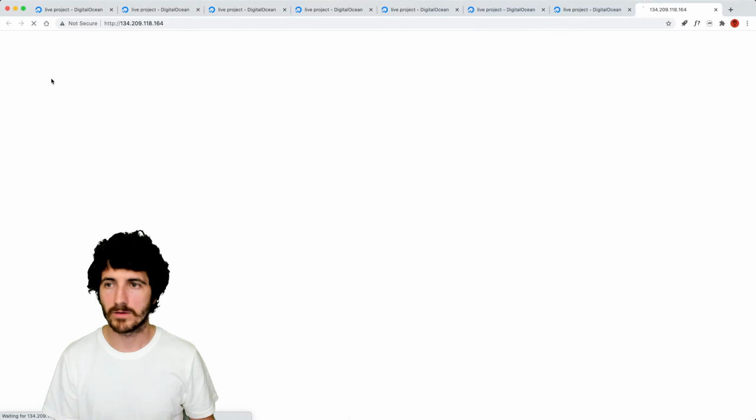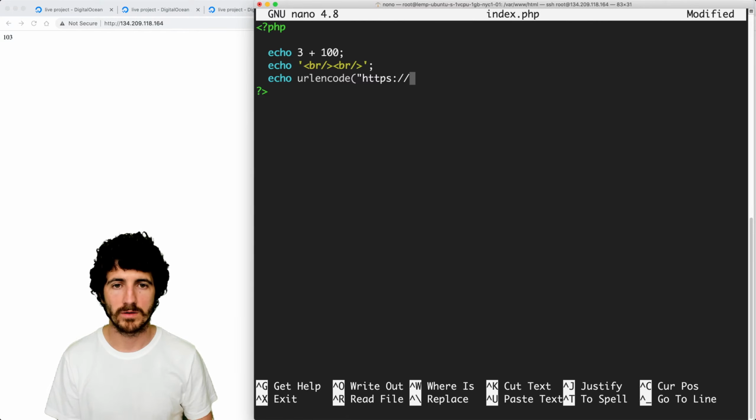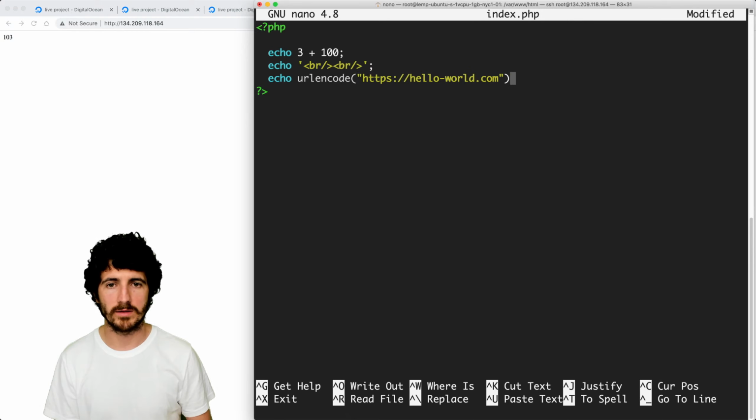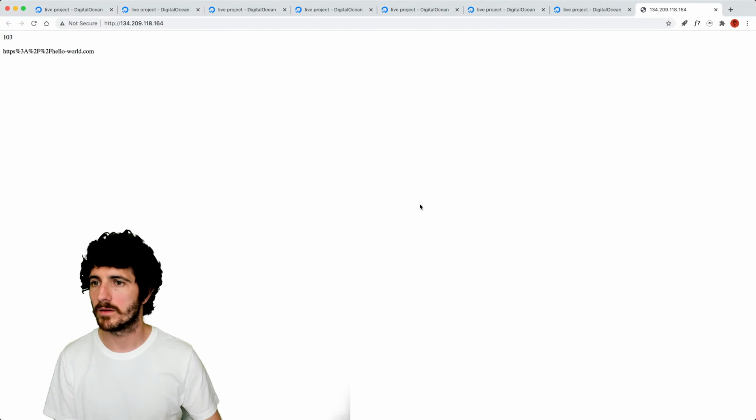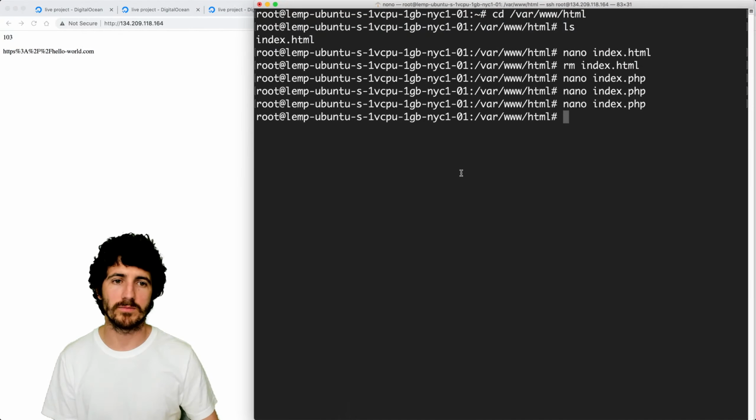So we could do, for instance, that, and we could also do urlencode, all right, and do that. You see, so that's encoding the URL. So we're working with PHP here, so the stack works. We also have MySQL, so we can show databases, right?